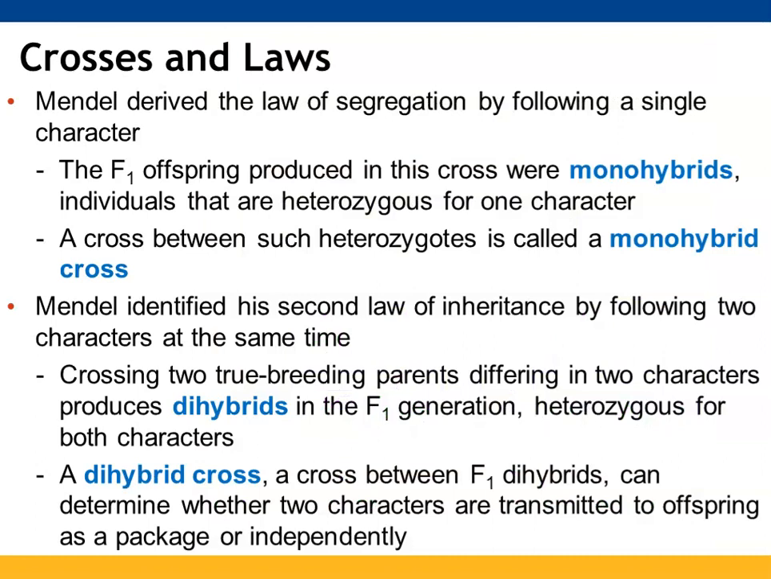So Mendel described the law of segregation using a single character. Those would be known as monohybrid crosses. His second law of inheritance was determined looking at two characters simultaneously. So he crossed two true breeding parents that differed for two different characters and produced F1 offspring that were heterozygous for both of those characters. And then when a dihybrid cross was performed between those F1 dihybrids, we were able to ascertain whether the characters were passing independently or whether